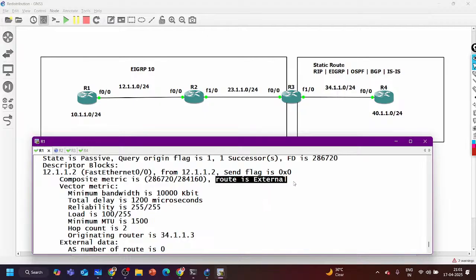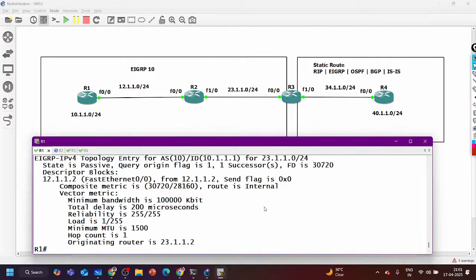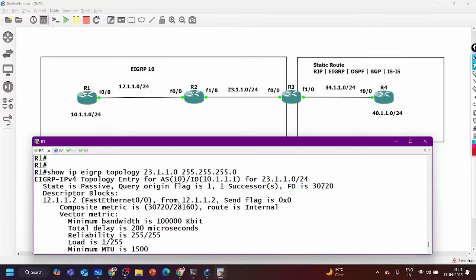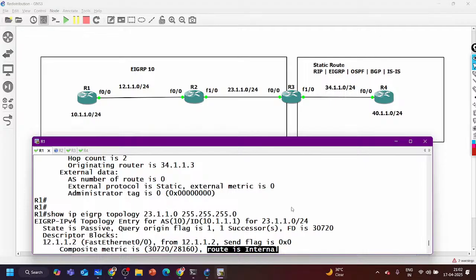See, route type is external. This is an external prefix. And if I am going to open 23, here you can see 23.1.1.0, 255.255.255.0. This route is internal. So that's why here the AD value is 90 and here the AD value is 170 for external prefixes.